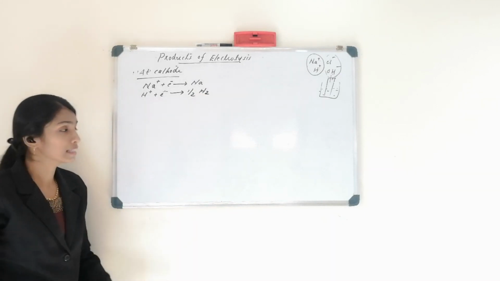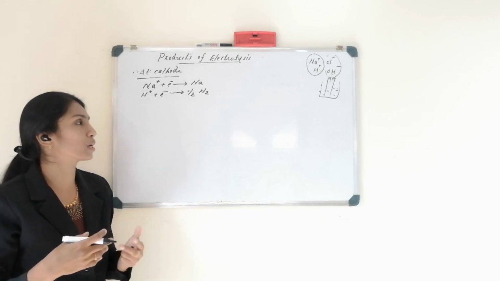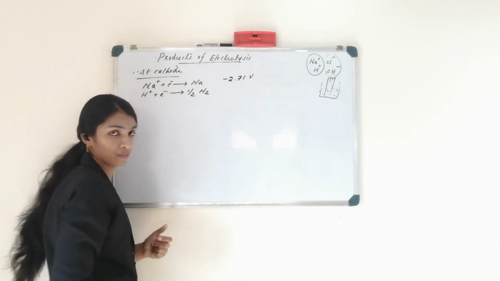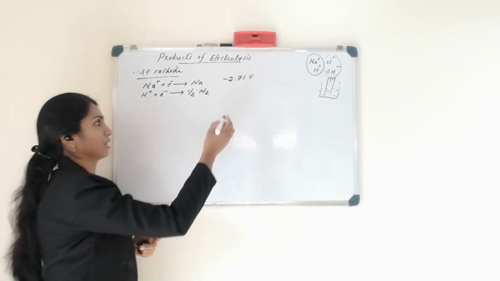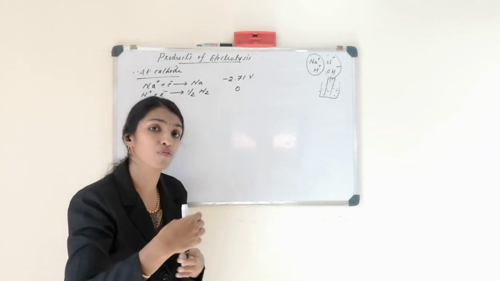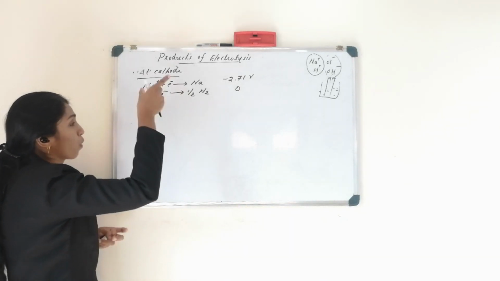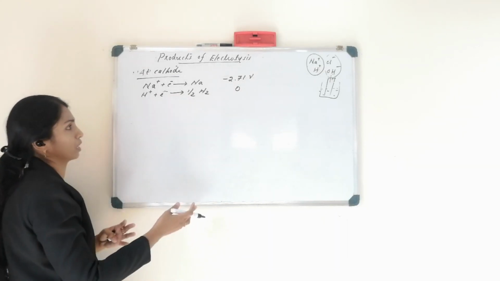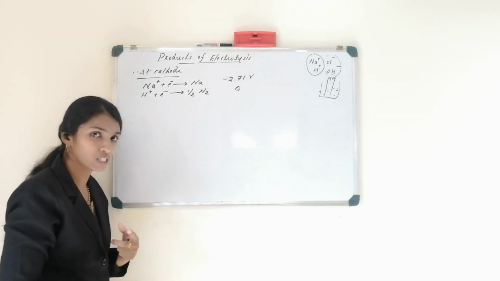Then let's see the reduction potentials also. In the case of sodium, the reduction potential is, I think, -2.71 volts. But the reduction potential value of H+ ion to hydrogen is 0. So if more than one type of ion is present in the solution, there will be a competition, as I told you. The product of the electrolysis depends upon the electrode potentials or reduction potentials. Here in this case the reduction potential value is this one, and in this case it is 0.